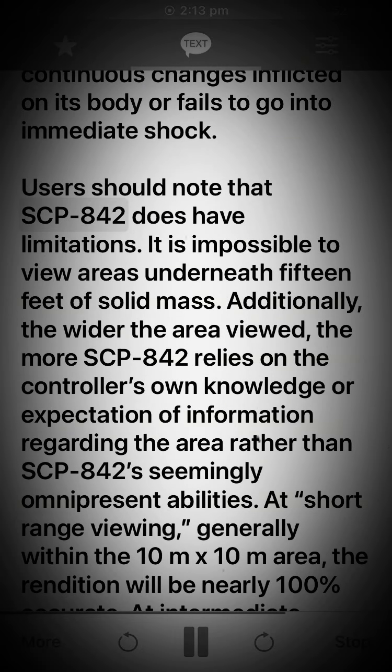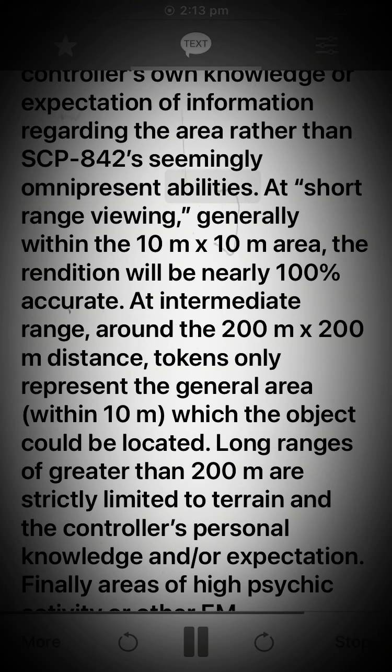Users should note that SCP-842 does have limitations. It is impossible to view areas underneath 15 feet of solid mass. Additionally, the wider the area viewed, the more SCP-842 relies on the controller's own knowledge or expectation of information regarding the area rather than SCP-842's seemingly omnipresent abilities. At short-range viewing, generally within the 10 meter x 10 meters area, the rendition will be